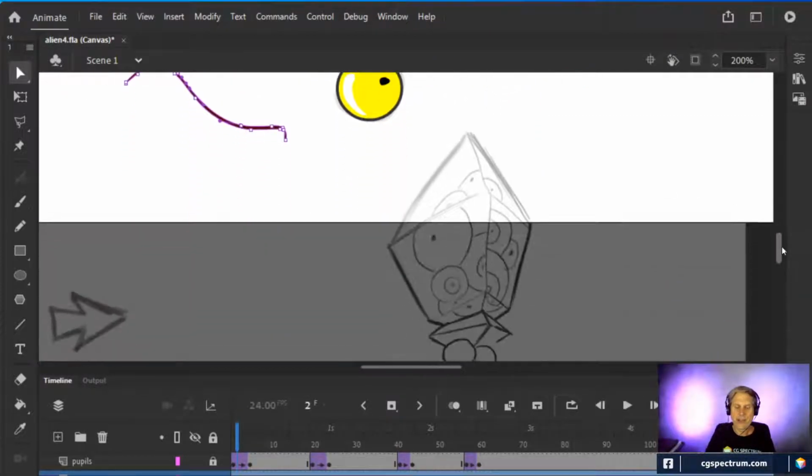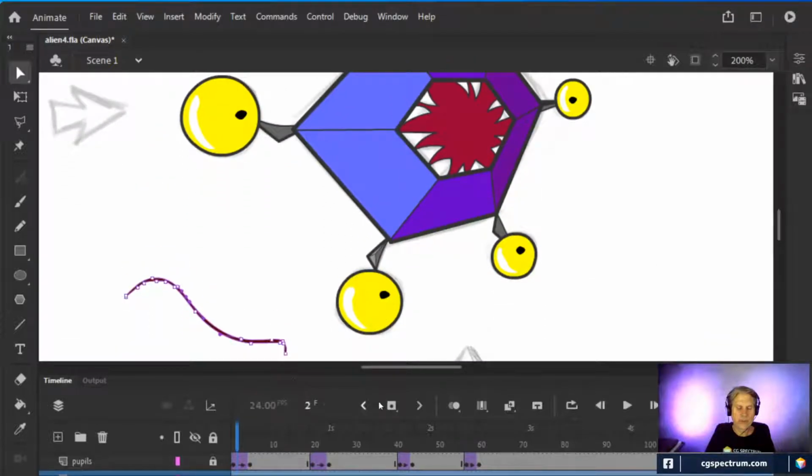Animate CC was not meant to do those loose kinds of drawings. It was meant to do vector drawings.